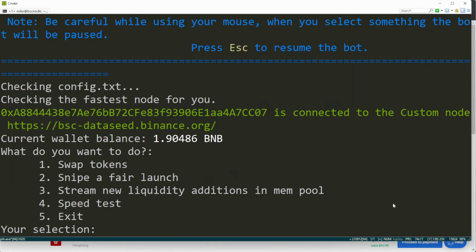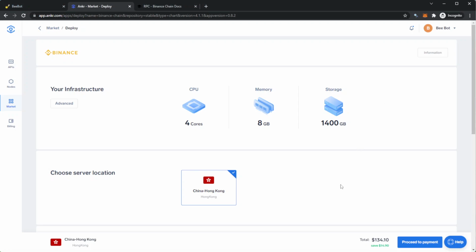Setting up your own custom node in a virtual server takes a lot of time, and it will take you at least 3 days to sync up with the blockchain data. If you want to do it, it's doable, but it's a time consuming process. And when you can do that for very low cost over here, running the server yourself would cost you significantly more than what's been asked by them.